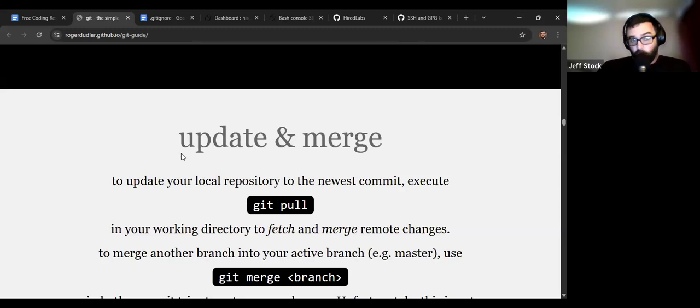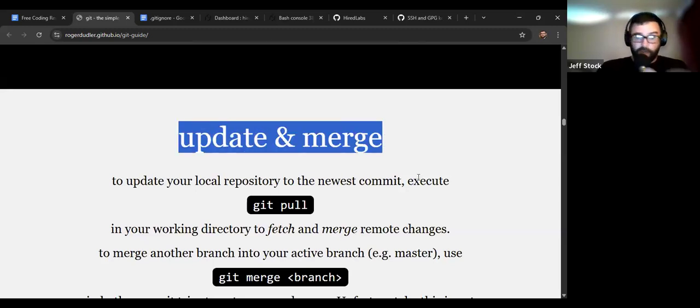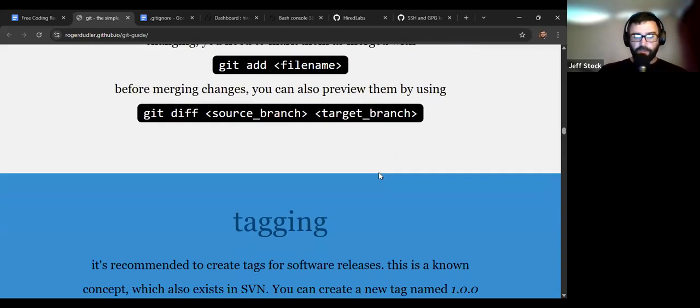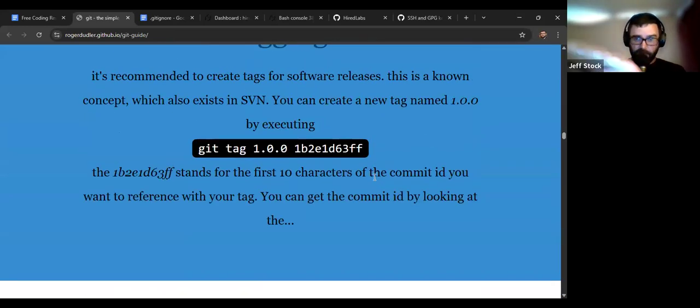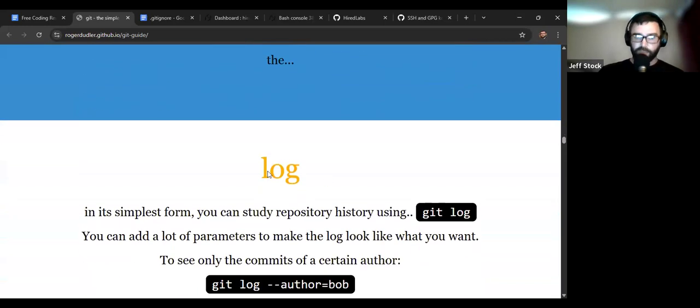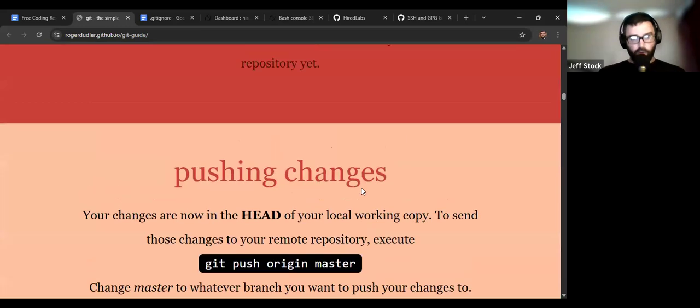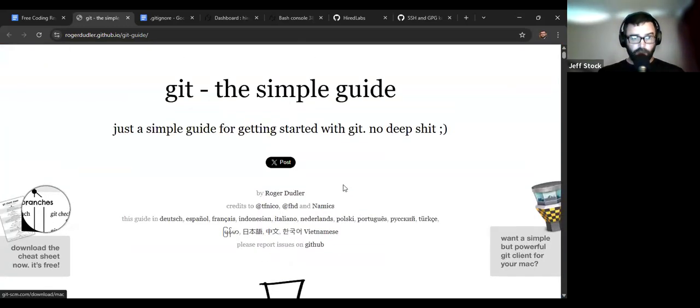So this has more than we're going to do. This promise not to be deep. We're not going to really get into updating. We'll do merges, but there's a lot more going on here. Tagging, this is kind of what you were talking about, Mike, with how you set versions. So when you set the version number, it's typical to put in a tag, right? We're not going to do all that. We'll talk about log a little bit, but this is a great tool for getting going and learning the nuts